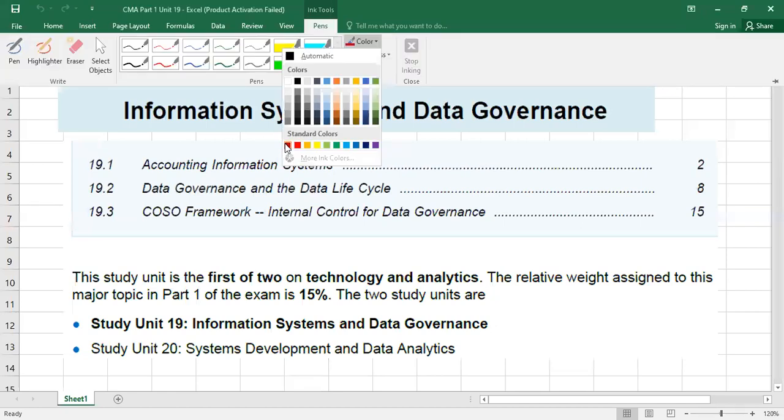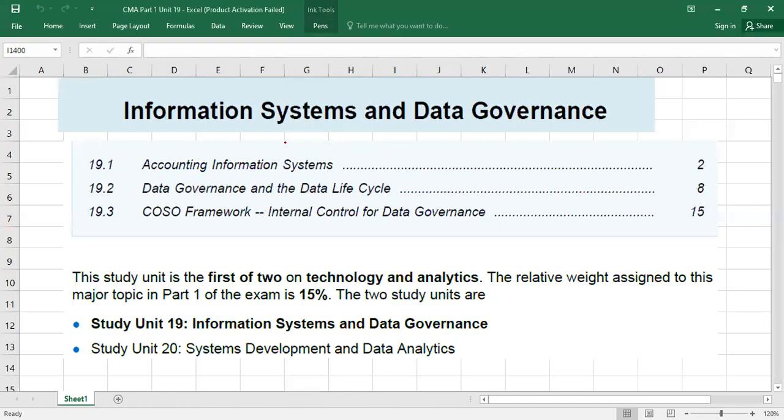So today we are going to discuss study unit 19. Please remember unit number 19, which is information system and data governance, and study unit 20, which is system development and data analytics. So these two chapters or this section is known as technology and analytics, and this is 15% of your exam. It's a theoretical area. So in unit number 19,